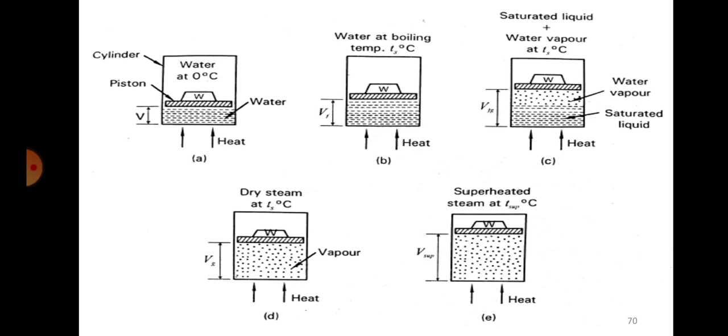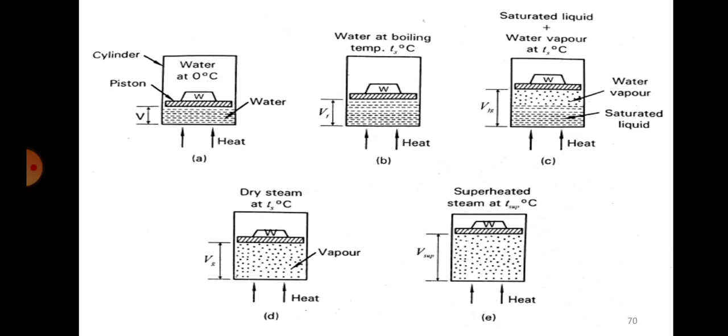Got it? So initially water will be at 0 degrees. When you heat it, water temperature rises, phase will not change. After a certain time, water starts becoming vapor, and that is actually called wet steam, because there is a mixture of steam and water vapor in that. But if we still continuously heat that, then the water molecules will completely go and they become steam. That is called dry steam.